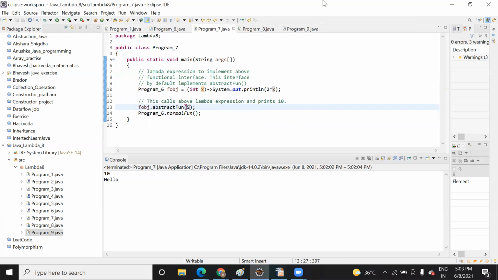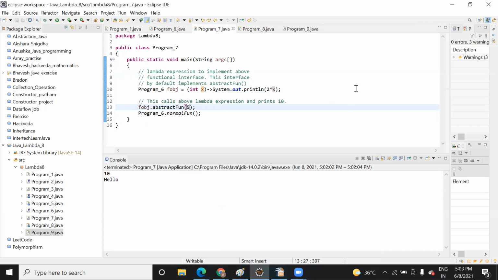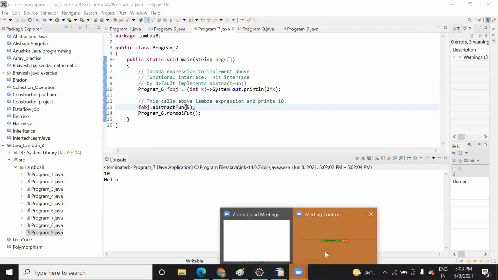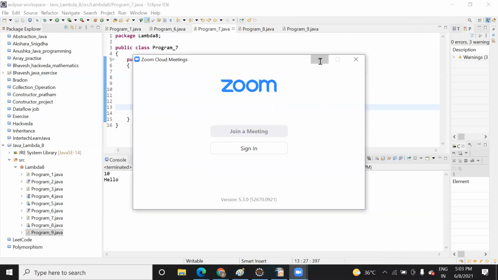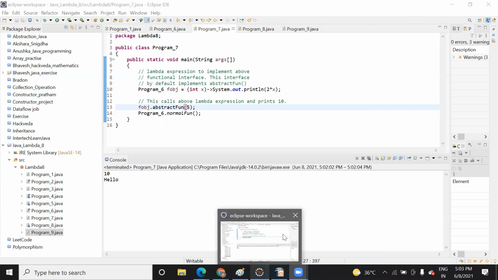Sorry, I can't see it. This one, this one, this one. You can't see? No, I can't see the blue. So you can't see what I'm writing. No. Are you able to see my Eclipse? Yes, but I can't see what you are writing. You can write on Zoom, I think. We have just one minute.